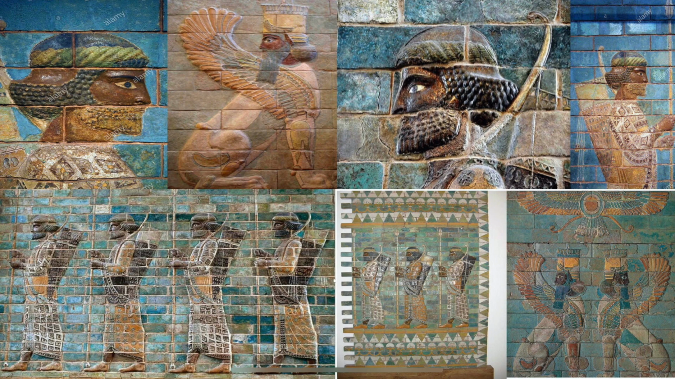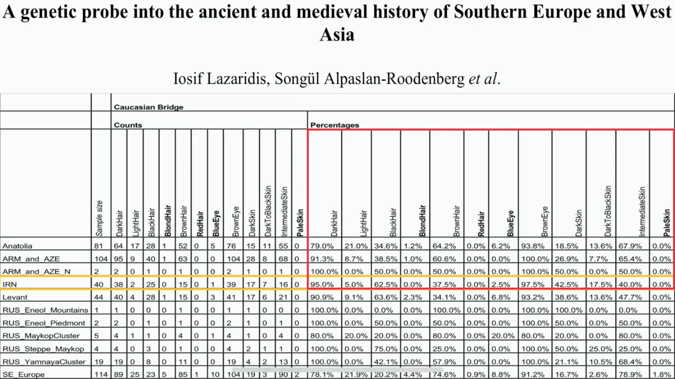Only 5.9% was pale skin. Ancient Iran had 95% dark hair, but only 5% light hair. They had 62.5% black hair, but 0% blonde hair, 37.5% brown hair, but 0% red hair, 2.5% blue eyes, but 97.5% brown eyes, 42.5% dark skin, 17.5% dark to black skin, and 40% intermediate skin,